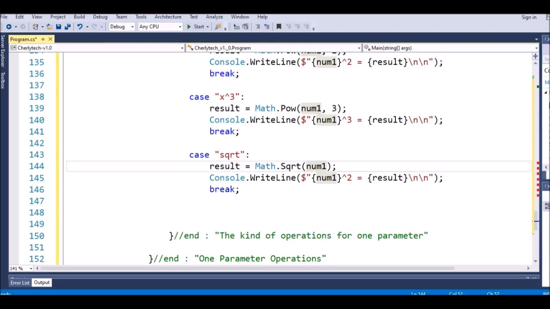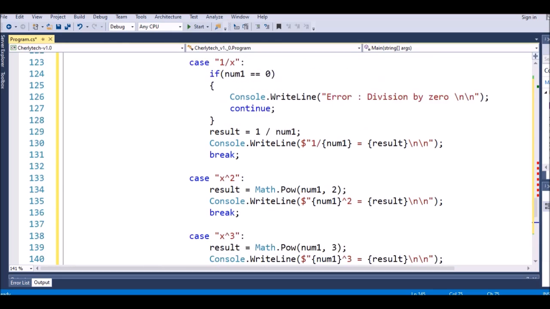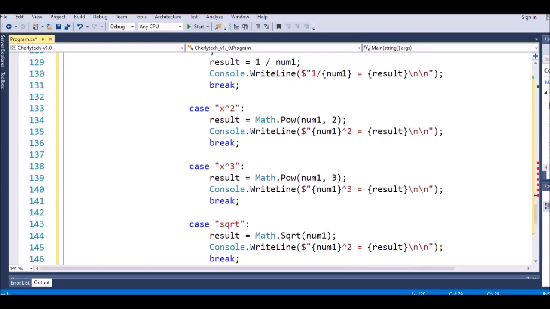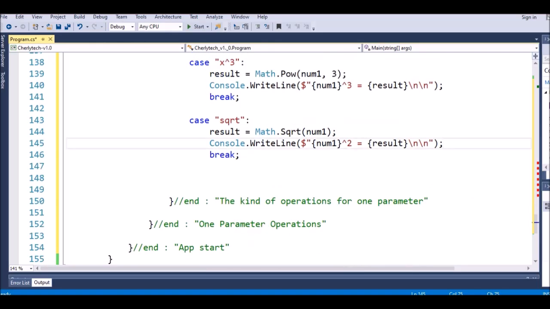We use the method to display, so choose this one, copy this one, so say square, change square root. Okay,